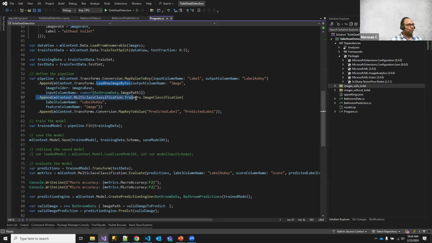And the next one is image classification. So this line is called a trainer. So in the pipeline, we have converted labels, the things that we predict, to numerical values. And then we have given the features, which is our images, as an input. And then we are selecting a trainer in this case. So even though our task is binary classification, determining whether this is a toilet seat, yes or no,